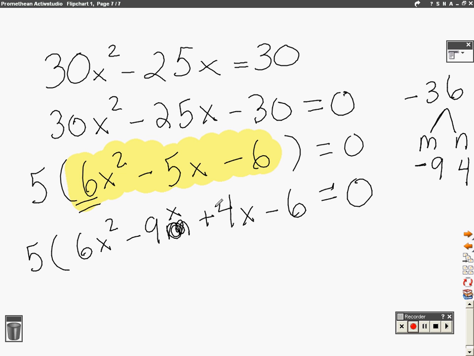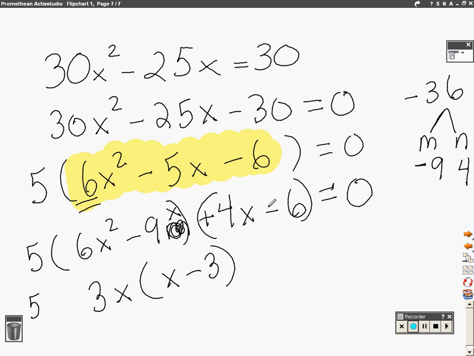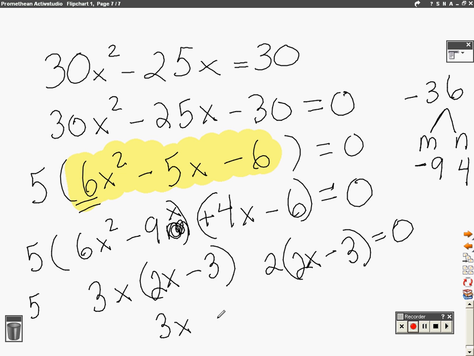I'm going to group these and these. And I'm going to keep the 5 on the outside, and I'm going to take out a 3x, and I'm left with x minus 3. Here, the greatest common factor is 2, and I'm left with 2x. Oh, you'd get 2x here, yes. 2x minus 3. And now I can completely factor into 3x plus 2, which was on the outside. I'm going to keep my 5 out there,